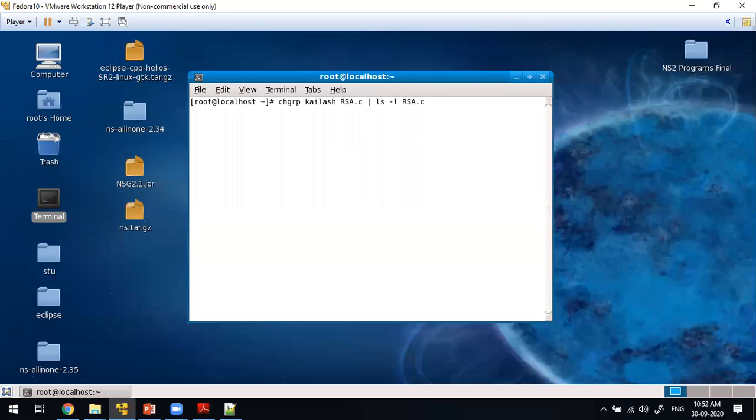I'm using one pipe symbol here, then ls -l rsa.c. This indicates there are two commands: one is change group, another one is listing the files. Both the things you can do in a single command with this operator, the pipe symbol.